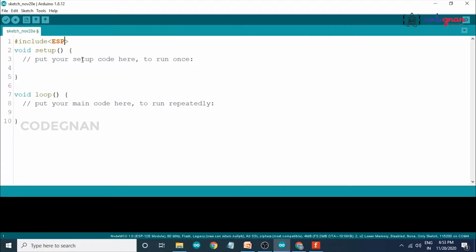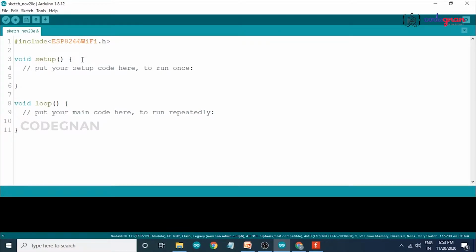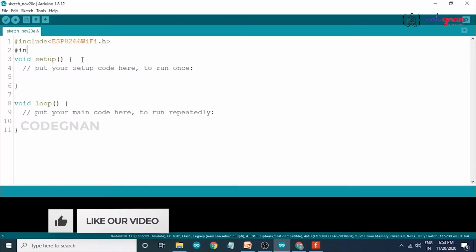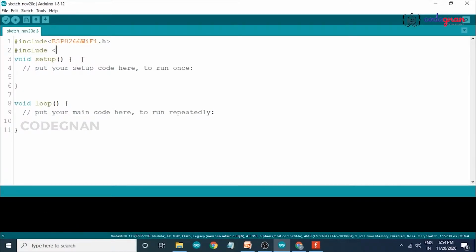We are using ESP, so we have to include ESP8266WiFi.h, and also two extra libraries we have to include in our program to send data to our web server: WiFiClient.